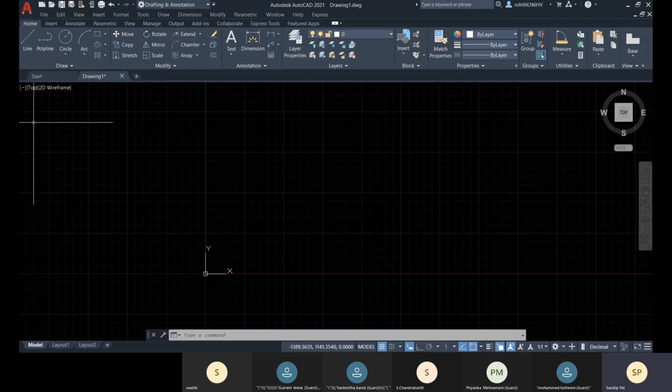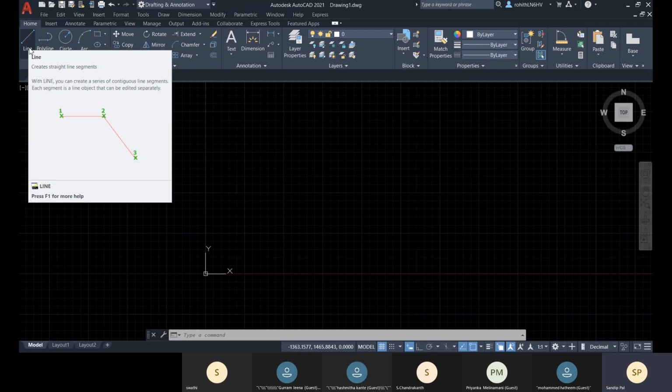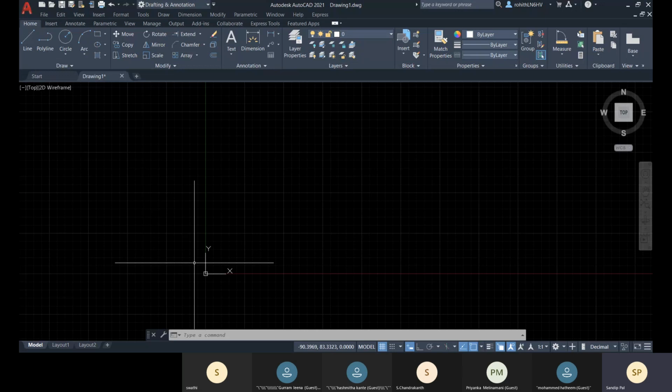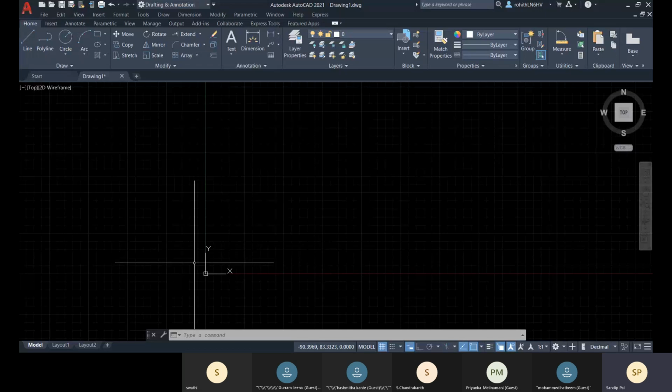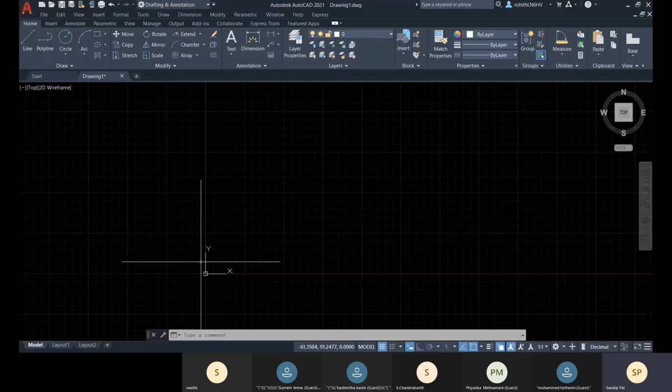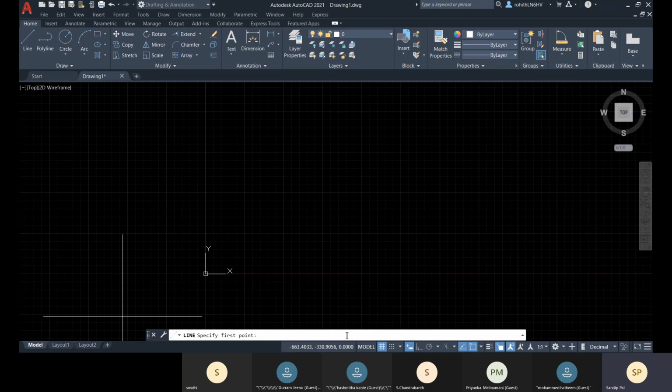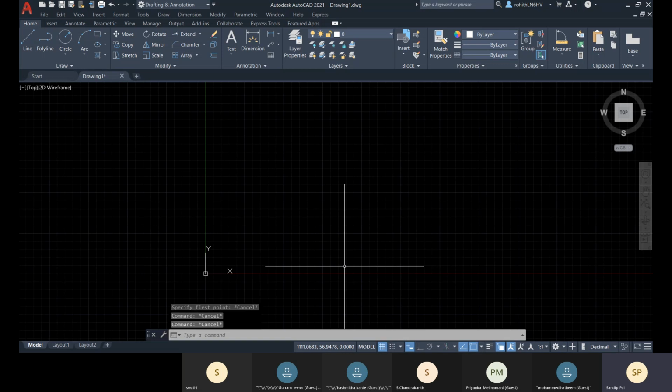Let me create one vertical line. If I draw the half portion, then I can mirror the half one. So vertically I'll go for creating one half. Before that, I will set my unit.